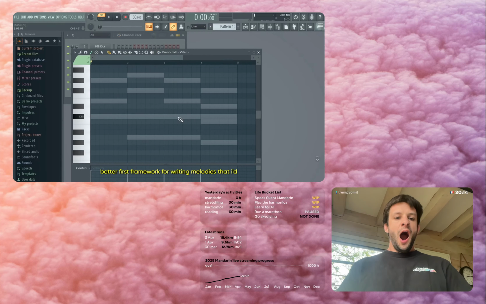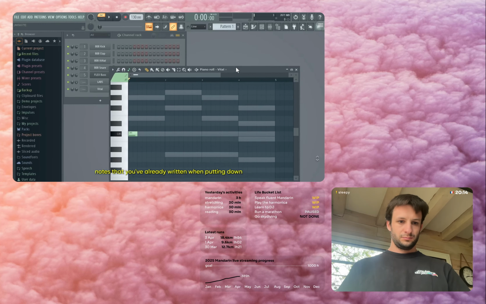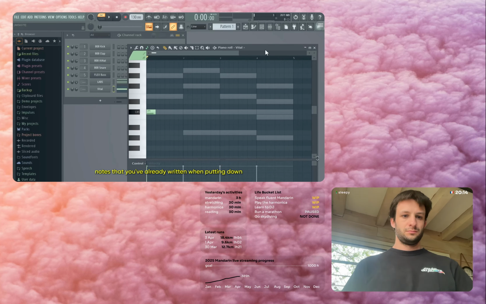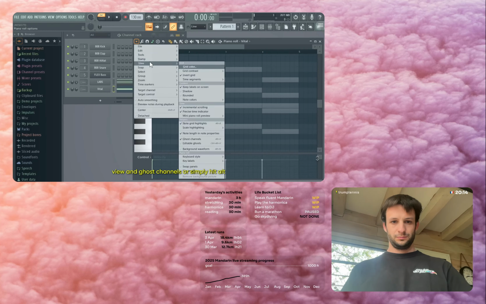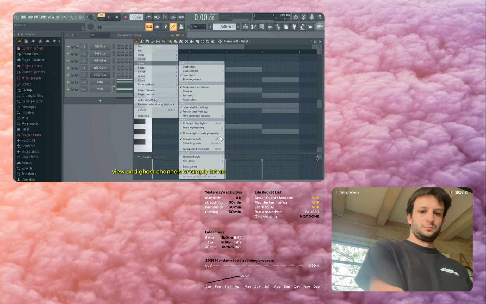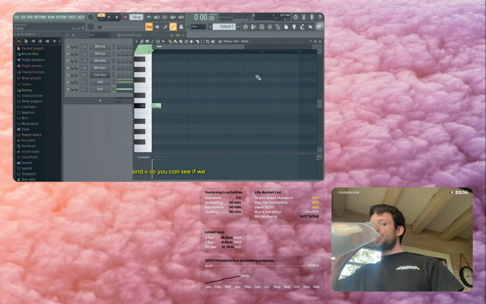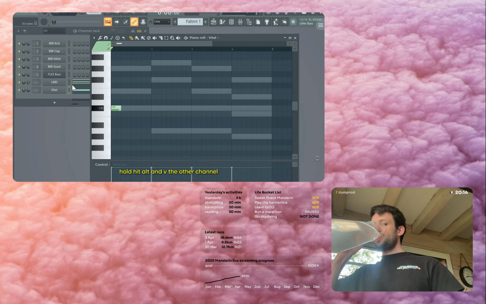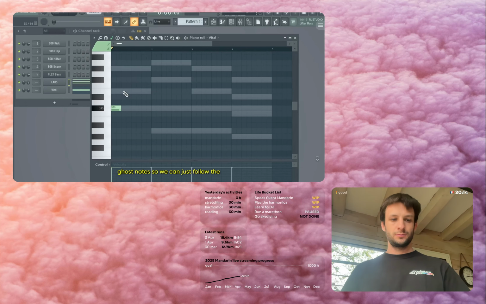First framework for writing melodies that I'd like you to follow is just to write a simple melody only on top of the notes that we've already written when putting down your chords. So you can see in the piano roll those gray so-called ghost notes. If you don't see them, you can go to View and Ghost Channels, or simply hit Alt and V. So you can see if we hit Alt and V, the other channel we have over here will show up as ghost notes. So we can just follow